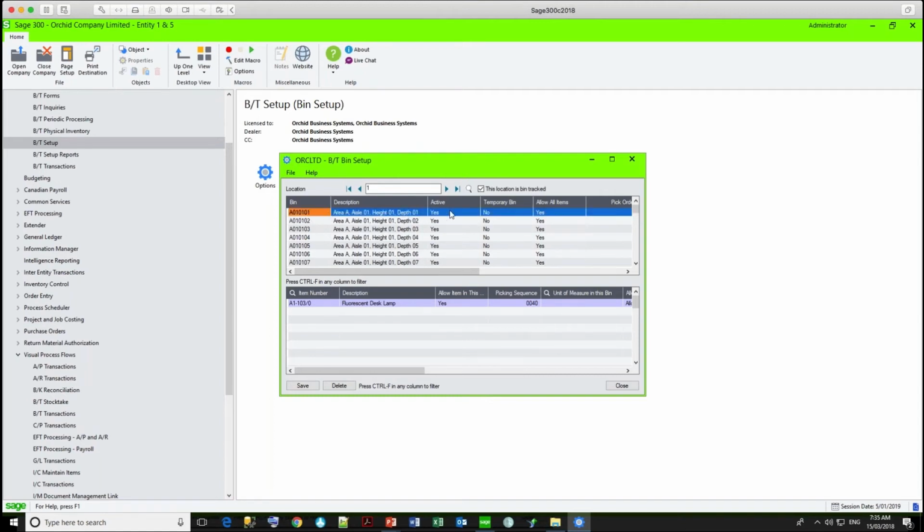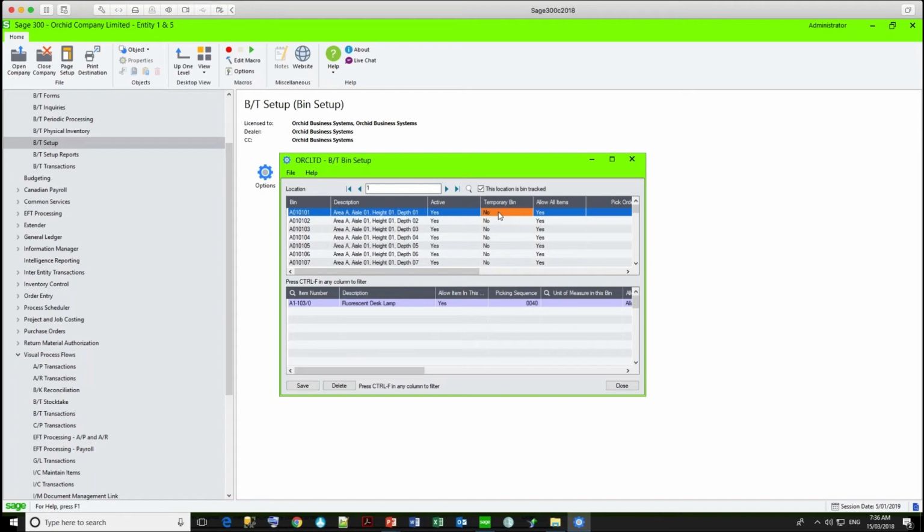So per bin, you can mark it active or inactive. So if you do have stock in a bin and somehow it all becomes damaged, maybe rain or something, you could make the whole bin inactive and then it would no longer be available for picking or put away into that bin. You can make a bin a temporary bin. For example, you might have a container that arrives and is in the parking lot and you pick from that particular container. So it could be marked as a temporary bin. And then there's a periodic processing which allows you to make inactive all temporary bins that are empty. So you can just leave it there, and once you've emptied that out, then you could automatically